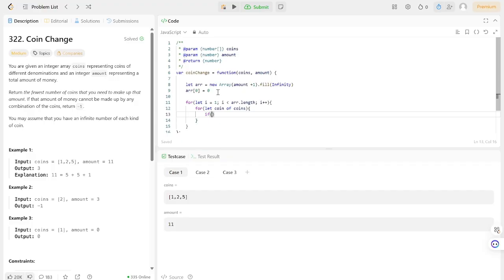We have to check that the value, current position minus the value, is in bounds. So if i minus coin is smaller than 0, then we know it's out of bounds. So we just continue to the next iteration of the loop. Otherwise,